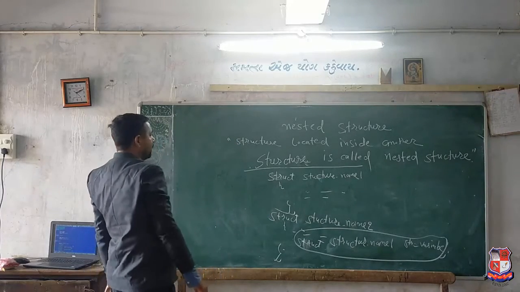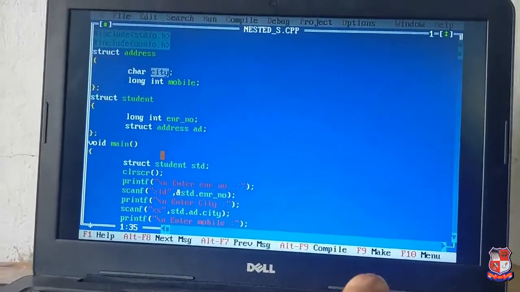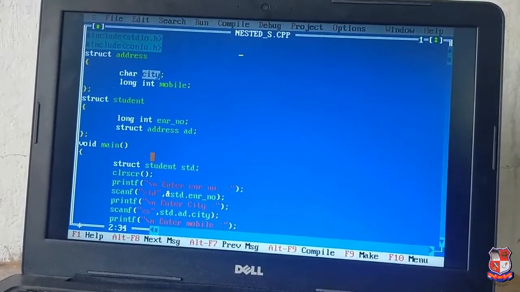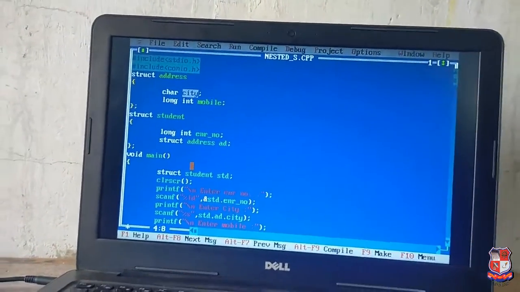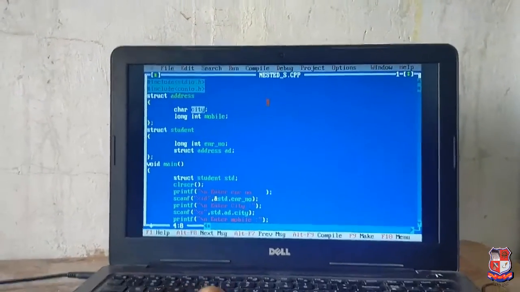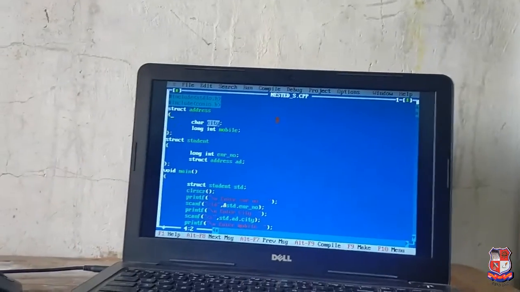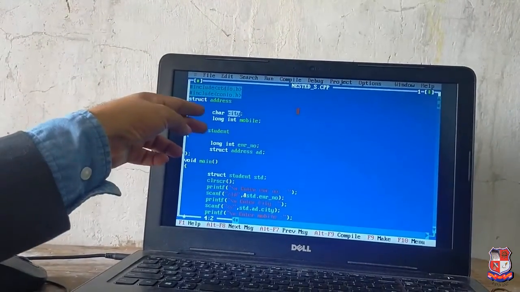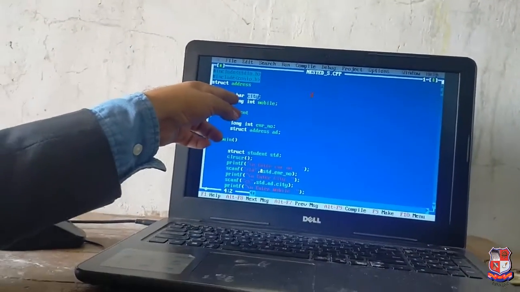Suppose we take one program. Here we see there are 2 structures. First one is address and second one is student. Here we see there are 2 members of address, city (character) and mobile.